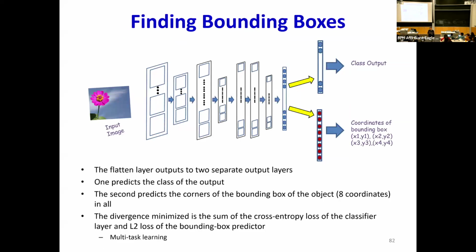The information about where the flower happened is actually in the final convolution layer already, right? In addition to having a class output from the final convolution layer, which tells you which class of object happened in the image, you can have a second output which computes the corners of the bounding box for the object. This second output just computes the coordinates of the bounding box. Then, using those coordinates, you can define a loss, something like an intersection over union loss, for instance, between the actual location of the object